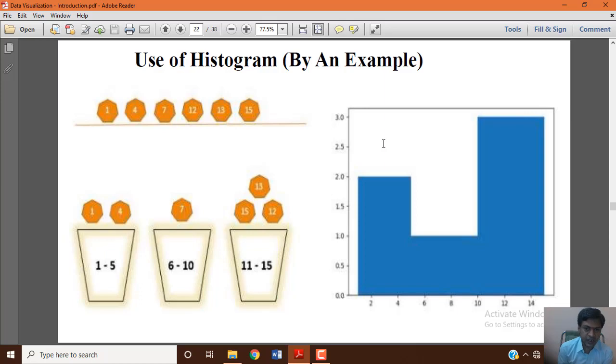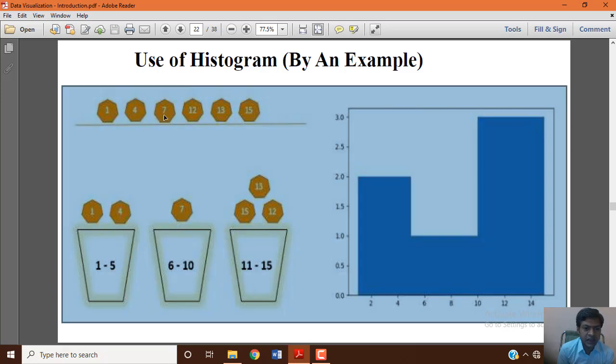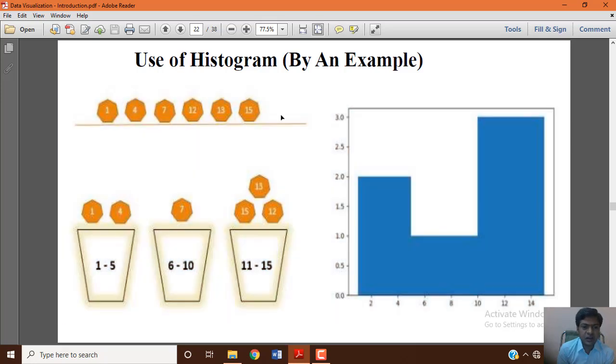Let's take an example. Here there is a data set which contains 6 values. How many values does the data set contain? There are 6 values: 1, 4, 7, 12, 13, 15. These 6 values will be divided into subgroups.